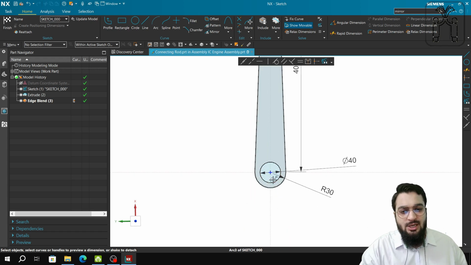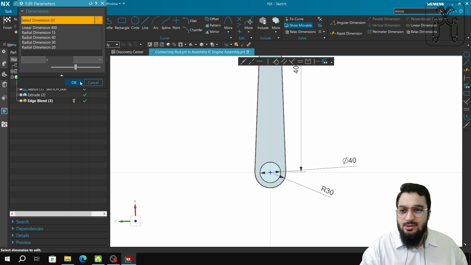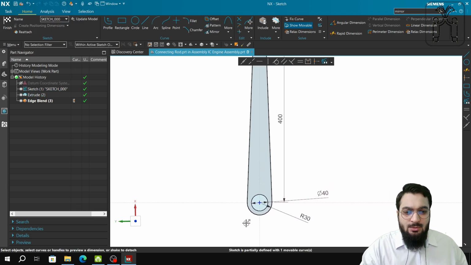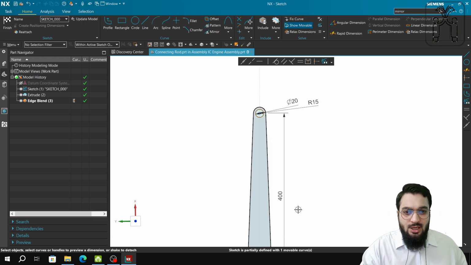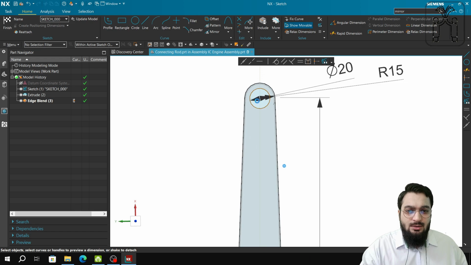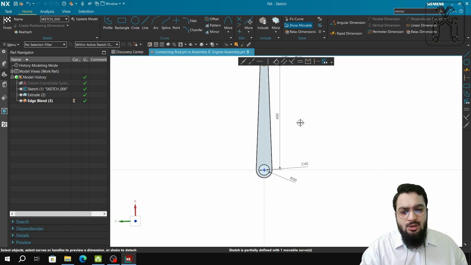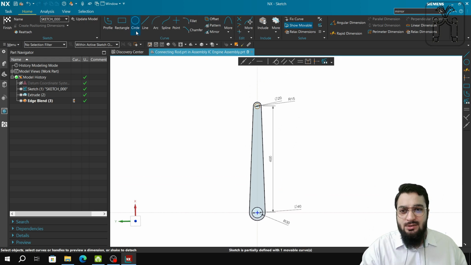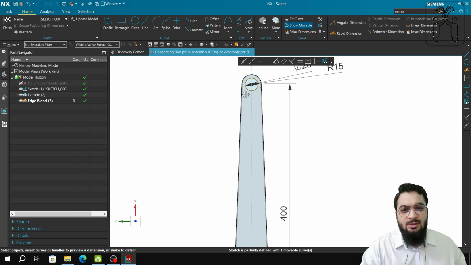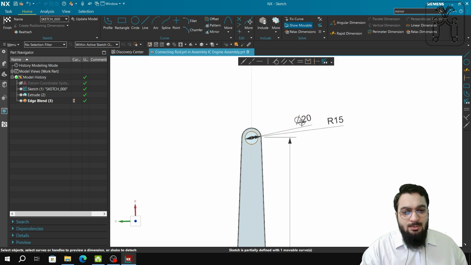Okay, so this one diameter will be 40 mm. We will make a sketch. As you see over here, we will make a sketch and we will make a 40 mm. We will make an arc, like it will have a radius of 30 mm. Then we'll make another circle and another arc. All this will be made using a profile and circle tool. After that, we'll add the dimensional constraints. So since this is 40 mm, it will be 40 mm, and this will be 20 mm, and this will